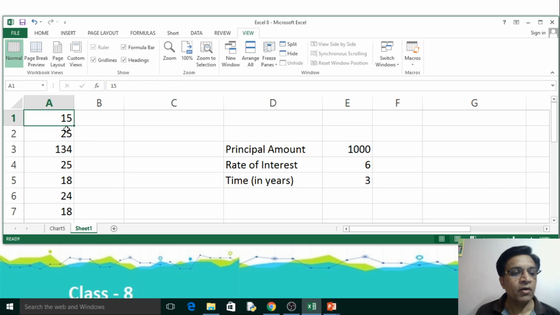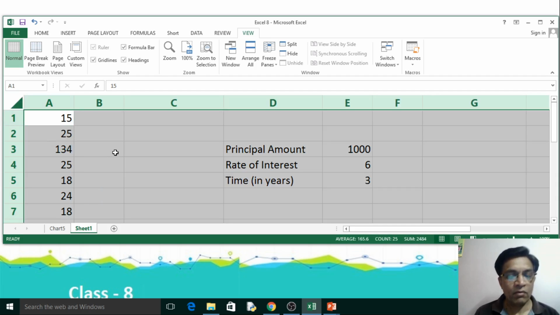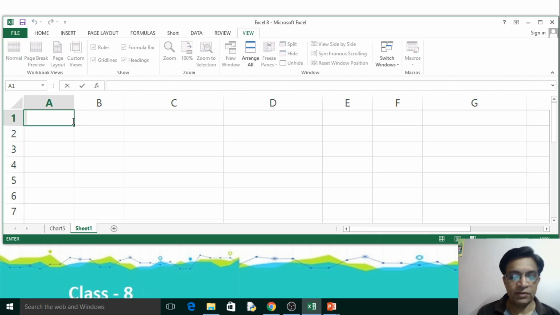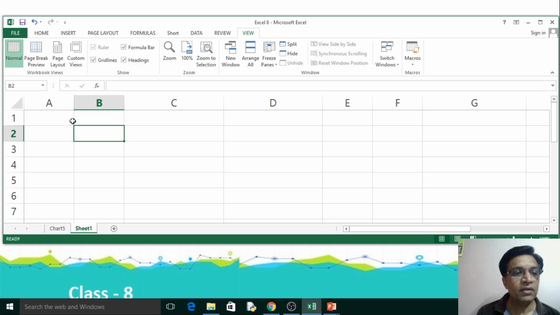Right, now in continuation of this we'll talk about cell reference. So first of all, what is a cell reference? A cell reference is when we use the address of a cell in a function or in a formula. For example, here in cell A1 I have the number 25, here it is 15, here it is 20.